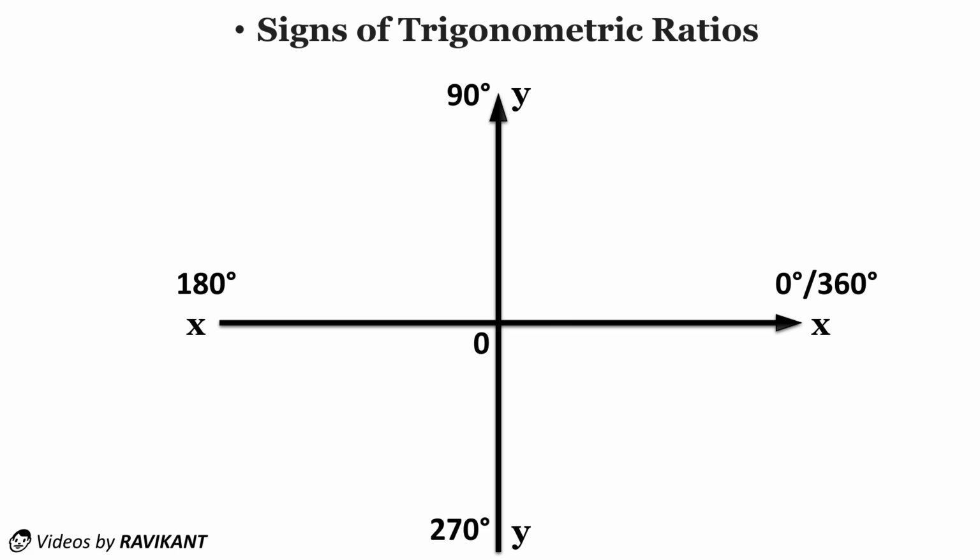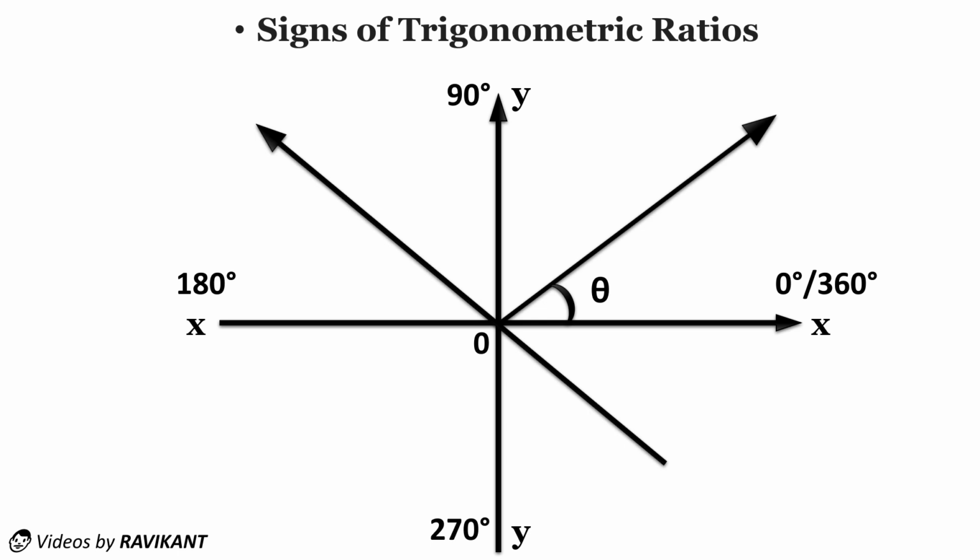So we have drawn angles which are specified by the particular axis. Now draw a straight line at an angle of theta from the positive x-axis in the first quadrant. Now draw another straight line which lies in two quadrants at angles minus theta and theta 1 from the positive x-axis. So this is our first quadrant, this is our second quadrant, this is our third quadrant, and this is our fourth quadrant. Now let's see which trigonometric sign changes and which remains as it is in the particular quadrant.